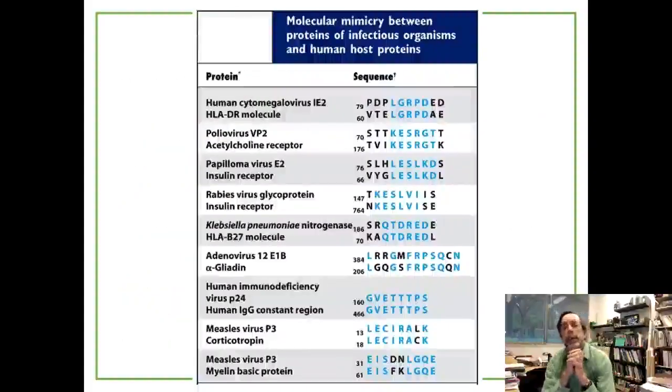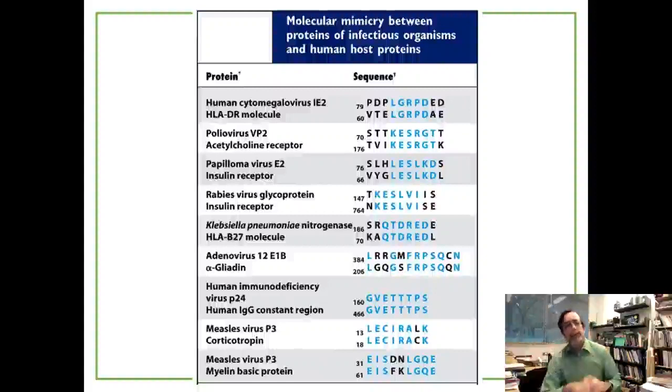This is a case of what molecular mimicry looks like. You don't need to know every single amino acid here. Every peptide is a short chain of amino acids. Each amino acid is represented by a letter. So if you have letters that are the same, then you have amino acids that are the same, and therefore you have peptides that are the same. Not just look the same, but are the same for those exact letters. And so look at this right here.